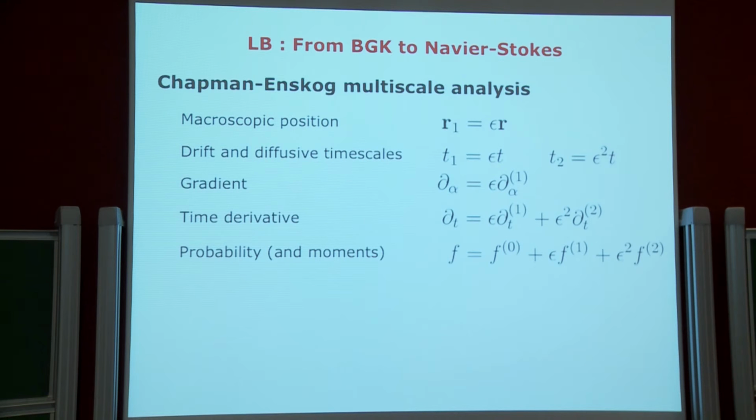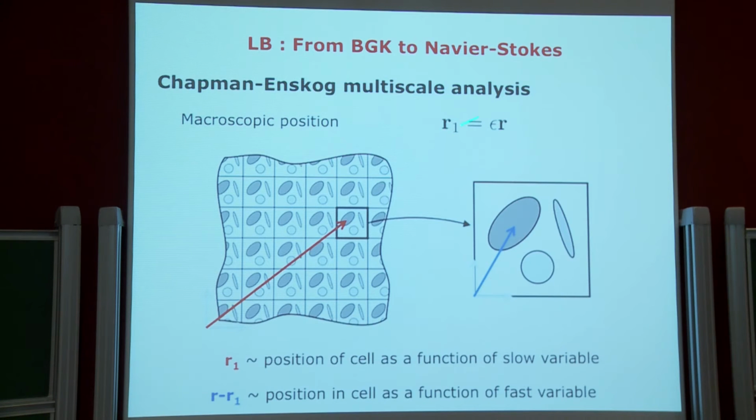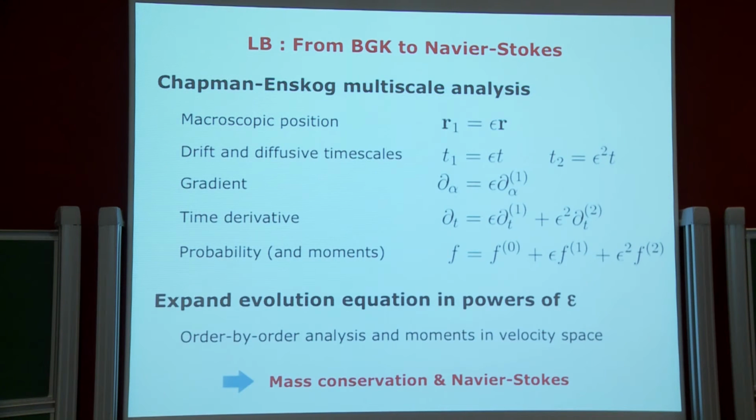So this is very complicated, very tedious, but you can then, starting from your kinetic equation, expand f, the time derivative, the gradients, and your collision kernel in powers of this scaling parameter, and then do an order by order analysis of the different moments in velocity space, and you can show that in the end you obtain mass conservation and Navier-Stokes. So this is tedious, and I'm not going to do it, but I think it's important to understand